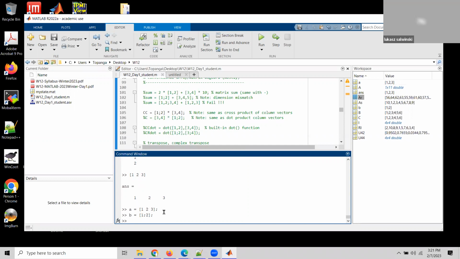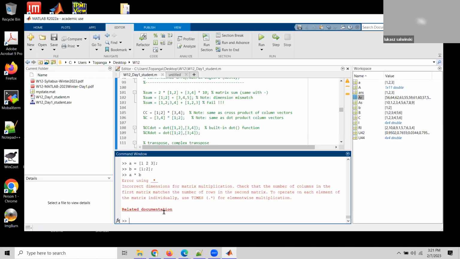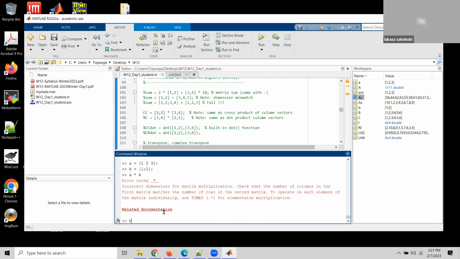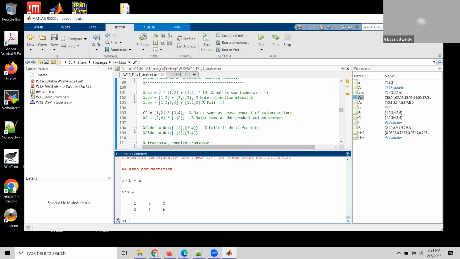So now A times B is bad, but B times A is fine. We can multiply columns if the dimensions we're running the sums over are the same. So that's the bottom line. Apart from matrix multiplication as defined